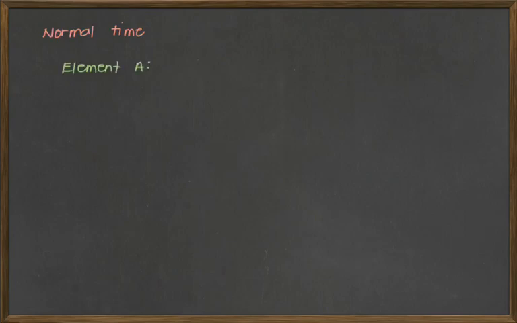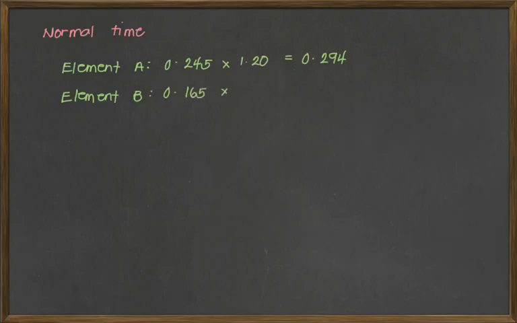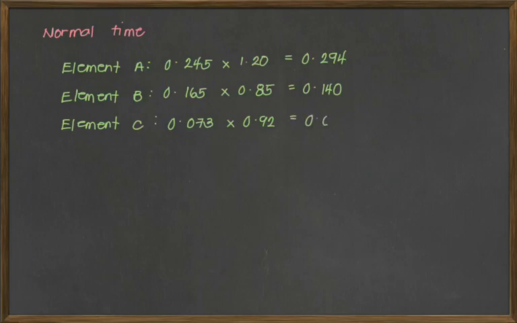So for the normal time of your element A, we simply multiply the average observed time of element A by the corresponding rating factor. And that is 0.245 multiplied by 1.2. So that will give us an answer of 0.294. Next is for element B, and that is 0.165 multiplied by 0.85, and that is 0.140. Next is element C, and that is your computed 0.073 times 0.92, and that is